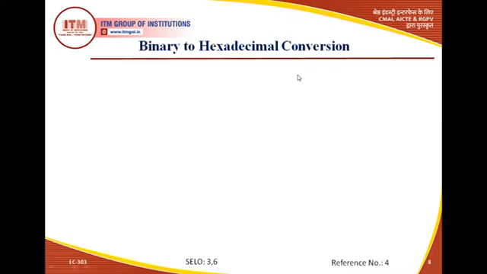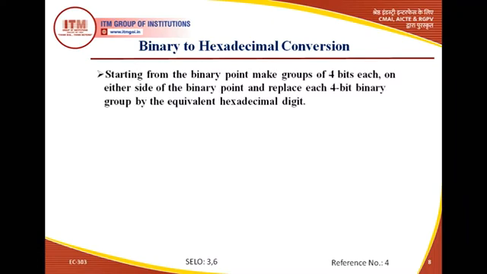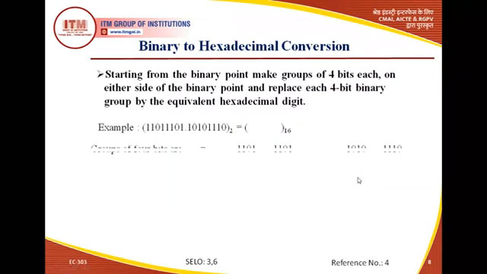Now if we convert a binary number into a hexadecimal number, we make groups of 4 bits and note down the equivalent hexadecimal digit. Okay. So here is an example in which we want to convert a binary number into a hexadecimal number. So we make groups of 4 bits. The first 4 bit group is 1011, then 1101. Okay. After that 1010, and 1110. So these are the groups. And now note down the equivalent hexadecimal digits.